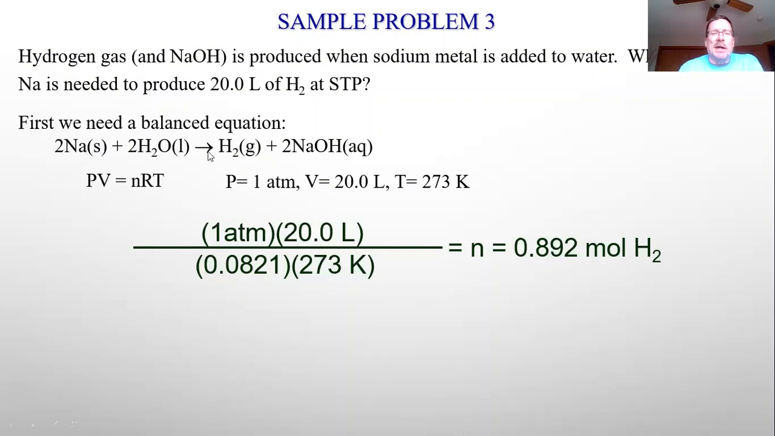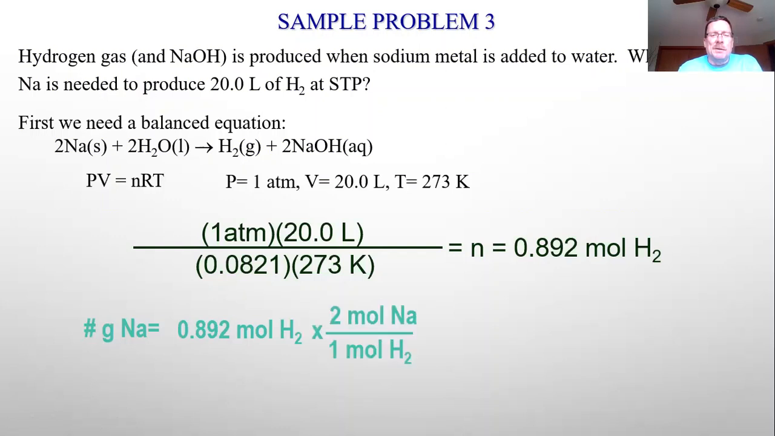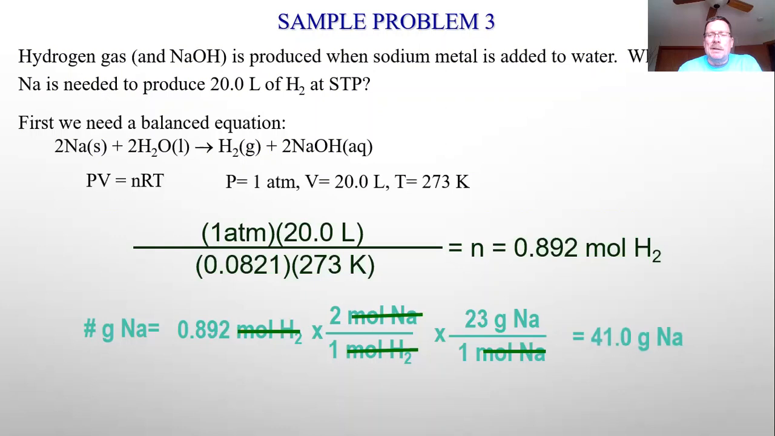Now I can do my stoichiometry, take my moles, I can find my grams, because now I take my moles, I multiply by the mole ratio, and then of course to go to grams, you just multiply back by the molar mass. And if I do all that, I need about 41 grams. So then I could go get 41 grams, throw it in an appropriate amount of water, produce that much gas. Okay. So that's really how